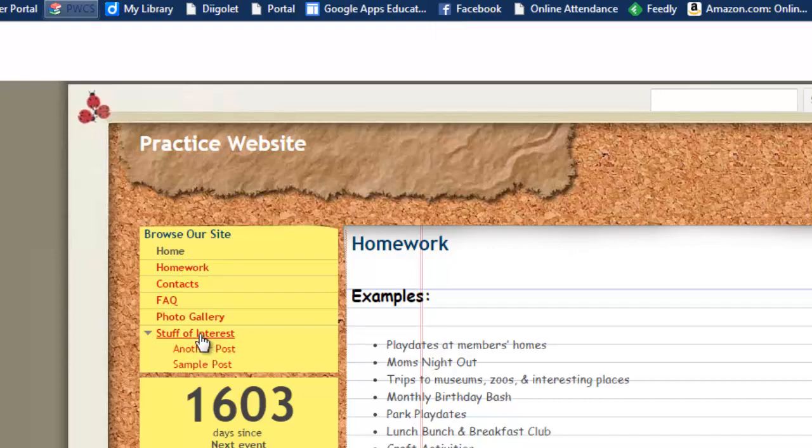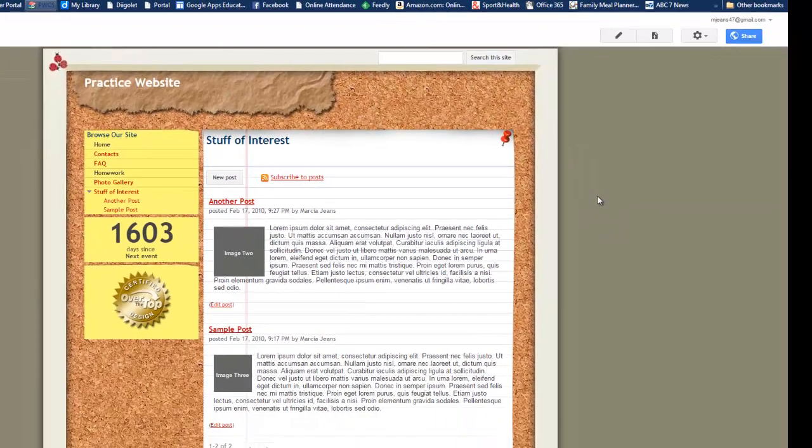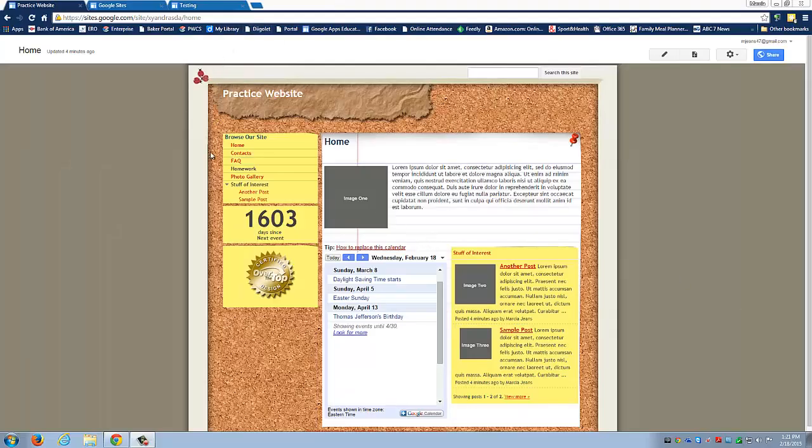Now this Stuff of Interest page is unique because it's like a blog. So you have a blog within your website, and these blog posts right here are getting pulled into your main page. There are always two of them showing on your main page. This is where you can go and see all of them. So once you've decided what you want over here, if you want to rename anything, you can always